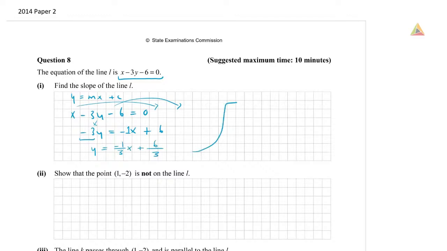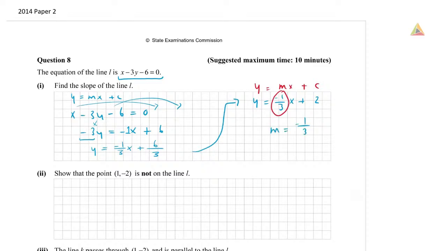So I'm just going to bring that up here. So y is equal to minus 1 over 3x plus 6 divided by 3 is 2. So we now have it in the format y is equal to mx plus c. Which part of that is the slope? It's the m part, which is this. So m, in this case, is minus 1